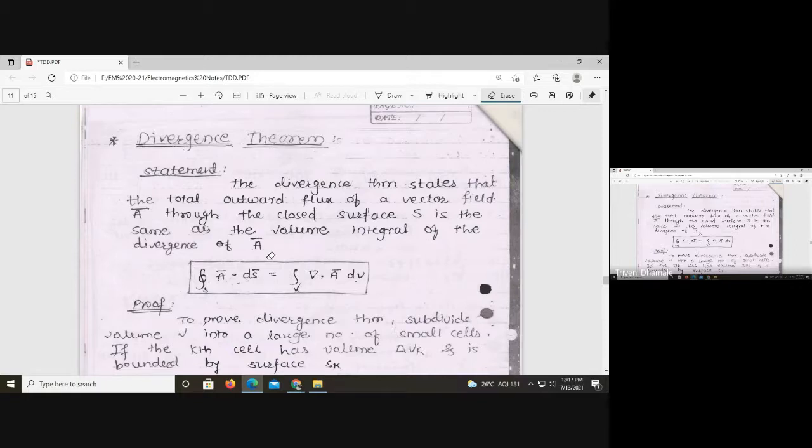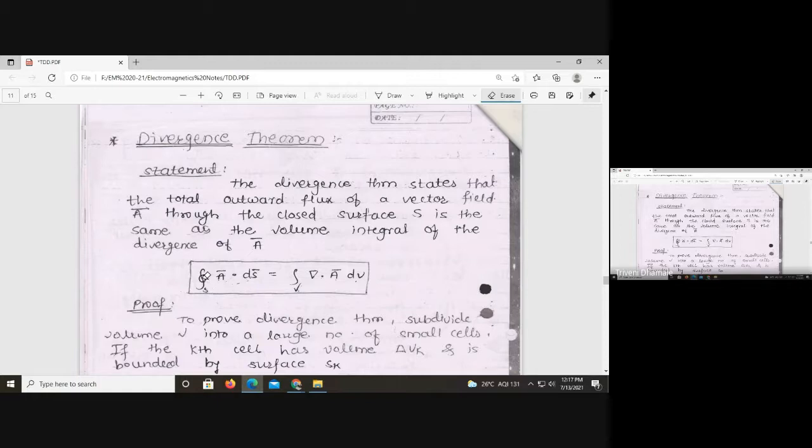Now students, this is a very important theorem. Every time we require the divergence theorem and Stokes theorem, including to study Maxwell's equations, to solve numericals, or to study the applications of electromagnetics. Now here,